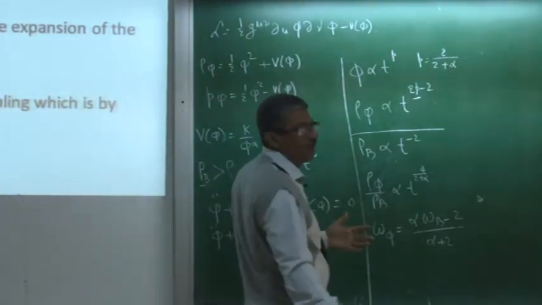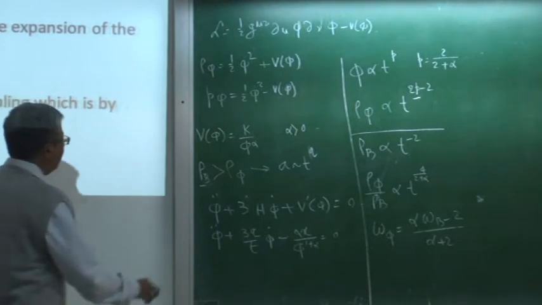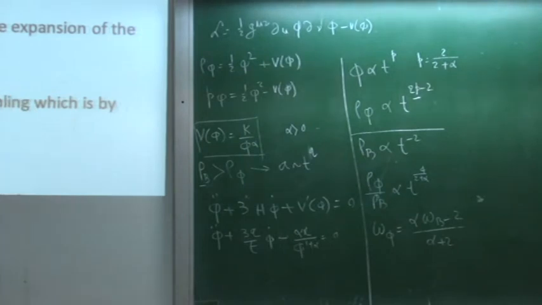So whatever the initial condition, you don't have to fine tune the initial condition, because it is inbuilt in this kind of model that rho phi, whatever value it has in the early times, will ultimately dominate the universe. And not only that, once the universe becomes matter dominated, the equation of state also becomes negative, and then you can treat it as a dark energy. Only thing is that you have to have a potential of this kind of form. So you have to now look for what kind of theory can give you this kind of potential.